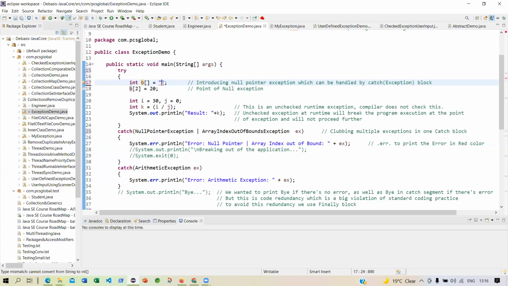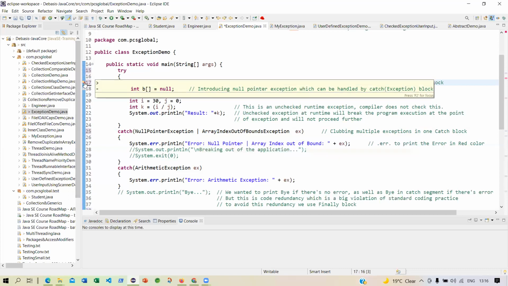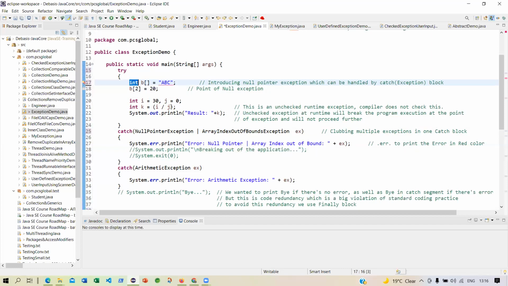Can I store a string, say ABC, in an int array? No, this is a compilation error. I cannot progress if I do not correct this mistake. I will not be able to compile it.